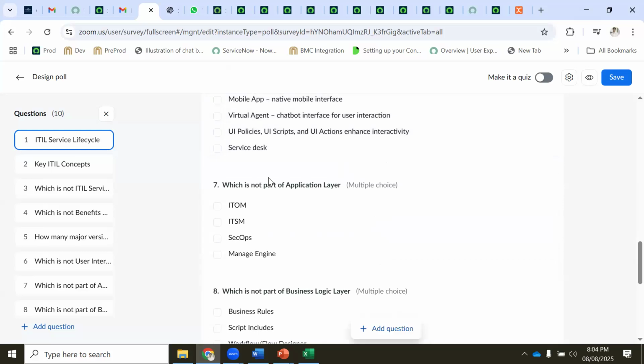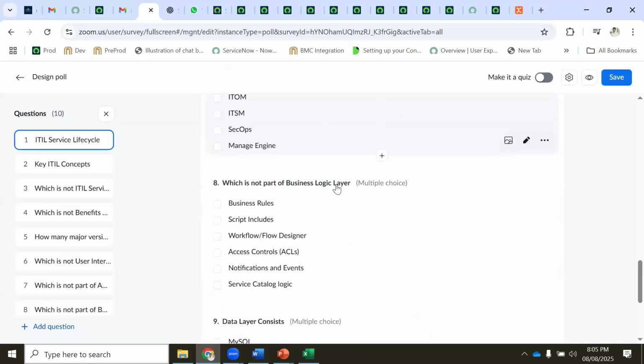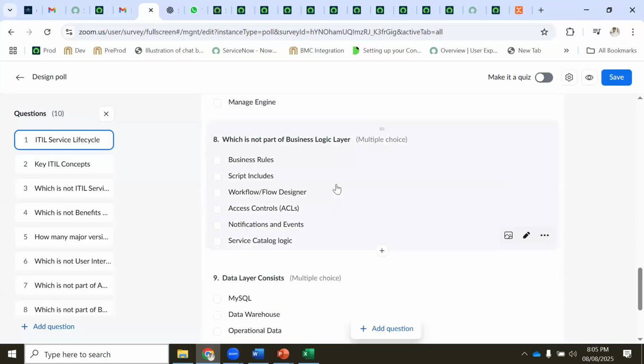Okay, the next one is which is not part of application layer in ServiceNow. Okay. The next one is which is not part of business logic layer.